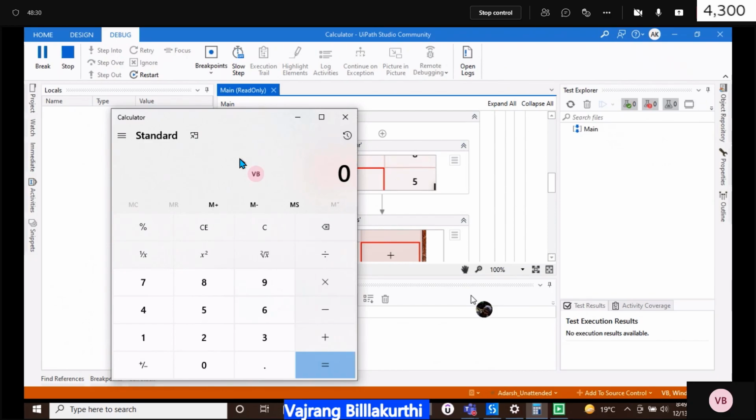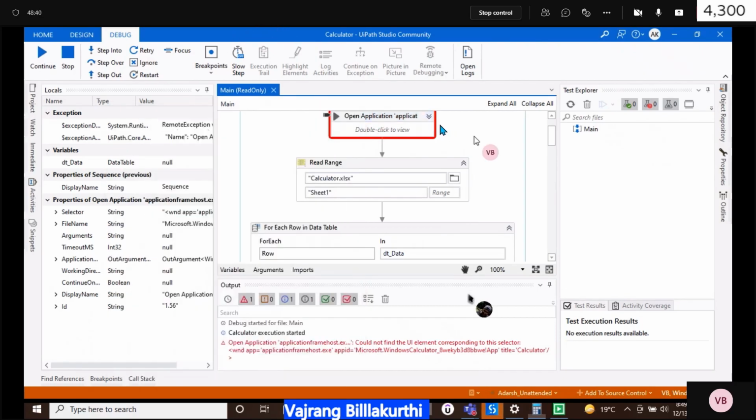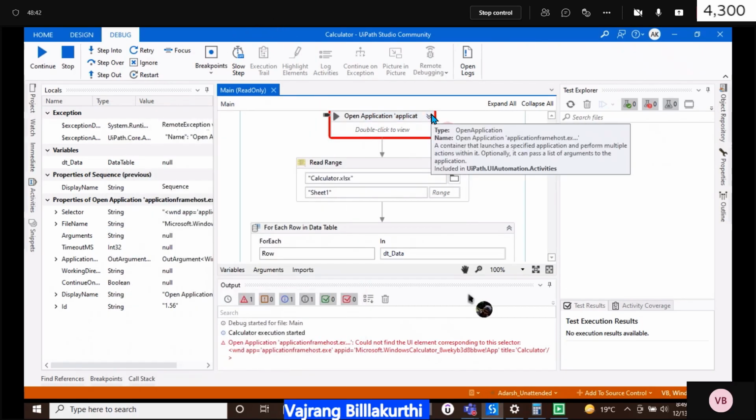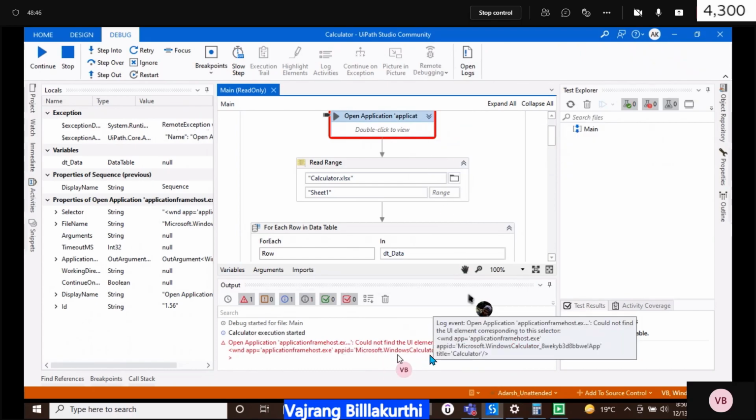We already passed it, we assigned. No, in the default section. Default section is not required. See, we have a selector issue. We need to see what that selector issue is. Open application could not find. See, I've said it right, the app ID is different now.